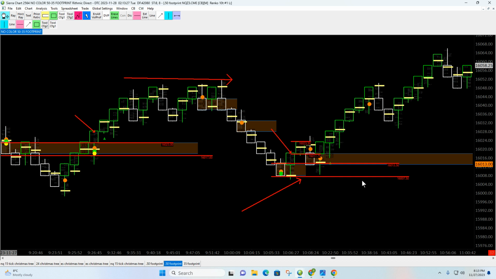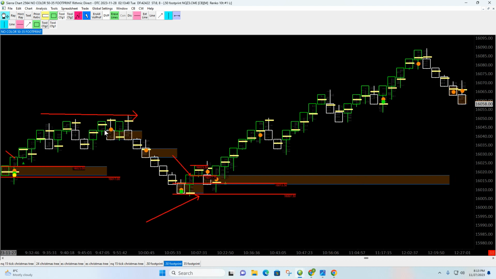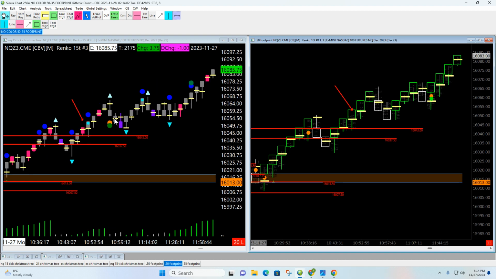So if you just use the footprint chart, your entry is 23 against 07. It's still not a horrible trade stop. It's about 15, 16 points, but works just as effectively. And again, when you're right over here, see this? Draw a line along the top of this. So your entry, I would say, I don't want it just an inch above, so I'd say this is my entry. My stop would go at the bottom of this, just like that. Or on that same trade, I could use the footprint, the 15 tick chart, and then my